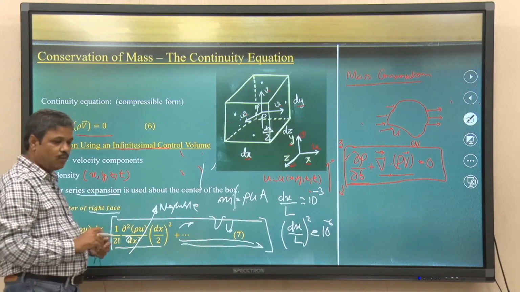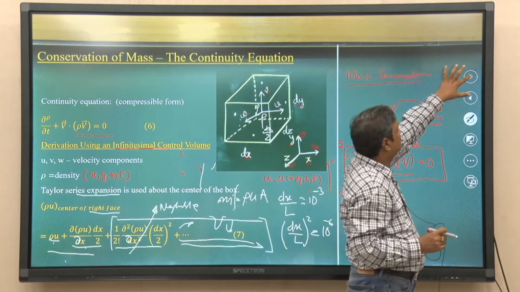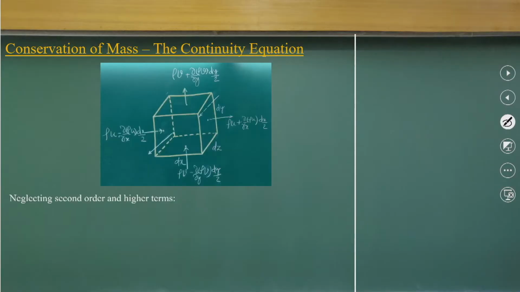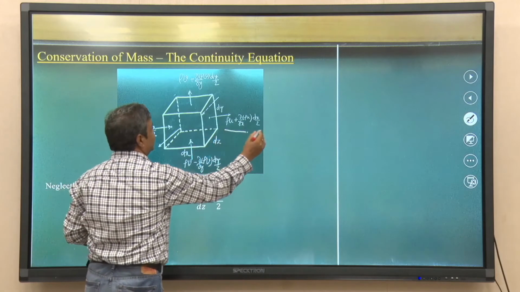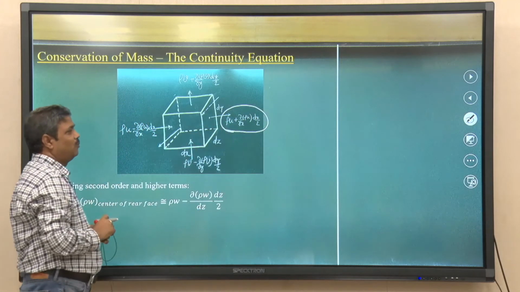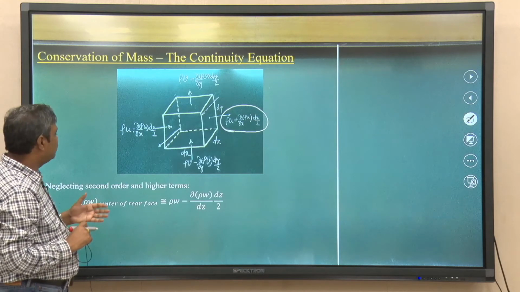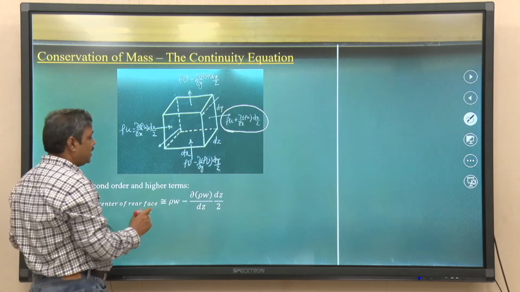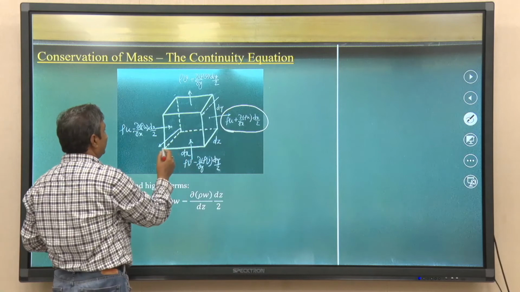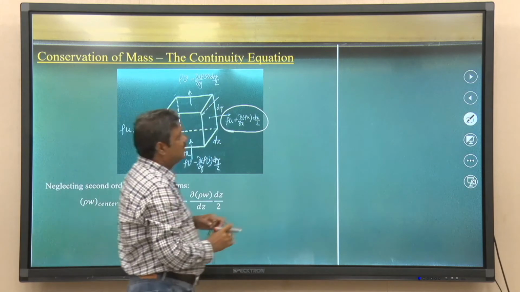So, that is the basic idea, and if you look at it that way, what will be the velocity component at the center of the rear face? That means we are getting the velocity component at this point. That is what we got from the Taylor series. The same way, if I look at the velocity component of the rear face, I can write it in the z direction. So, in the z direction we can have the components,